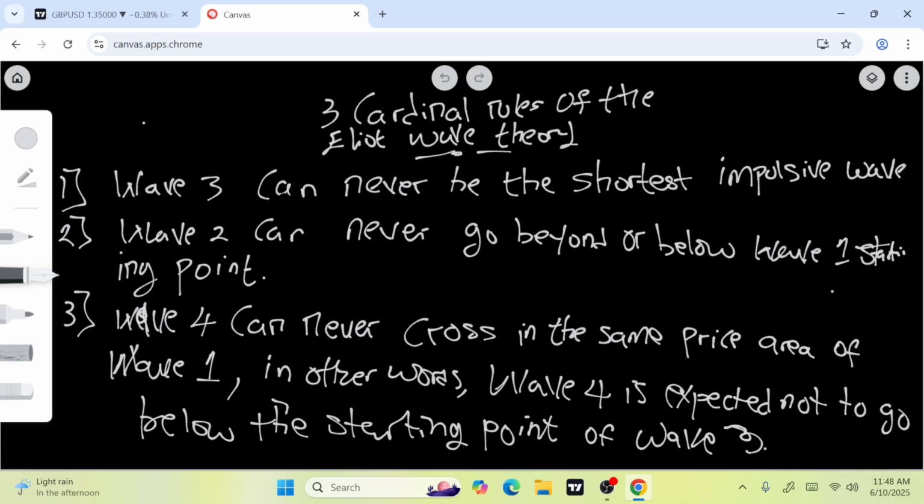So this cardinal rule means that they are unbreakable. You must definitely see it like that for you to get your wave theory. But the other ones that I want to give you now are breakable. They can be broken at times. It's not that they are not important. They are still important. Do you understand? But this one is cardinal. You can never do without it if you want to get your wave theory.